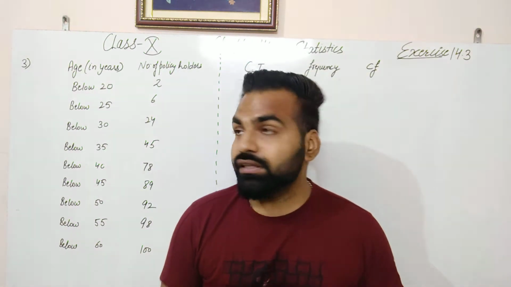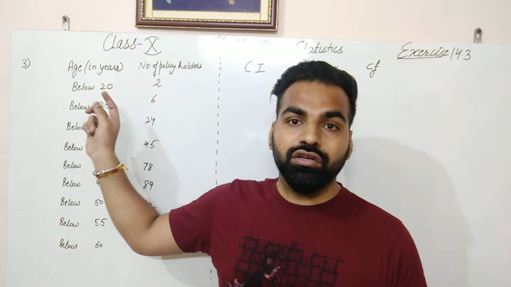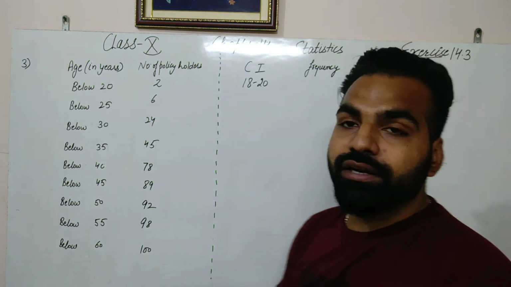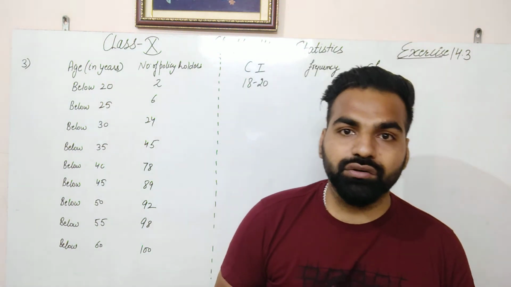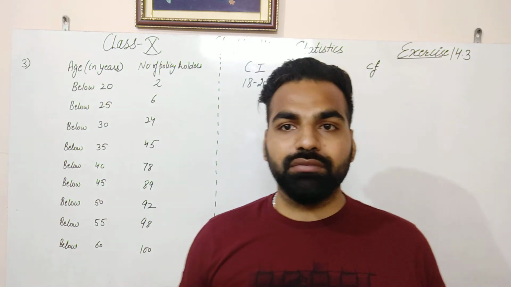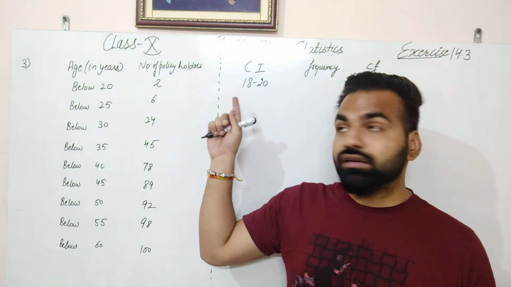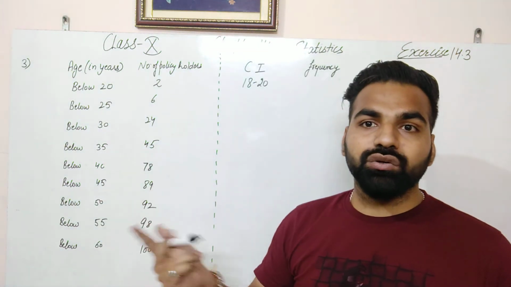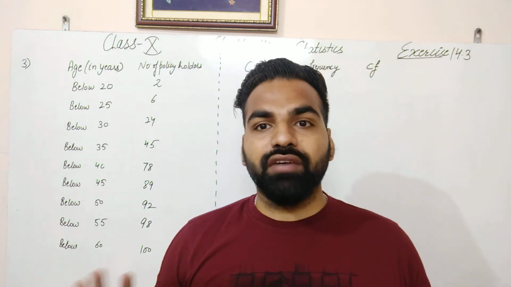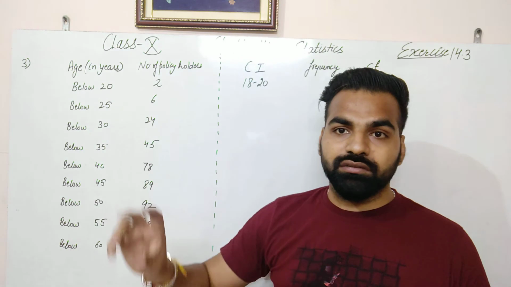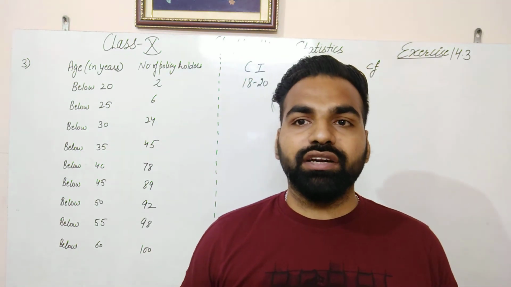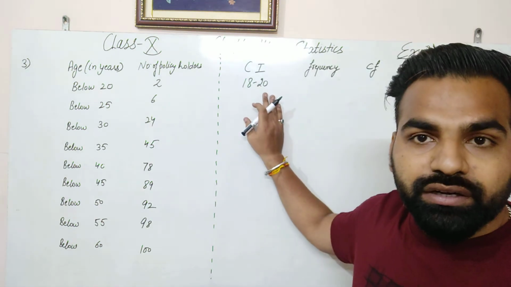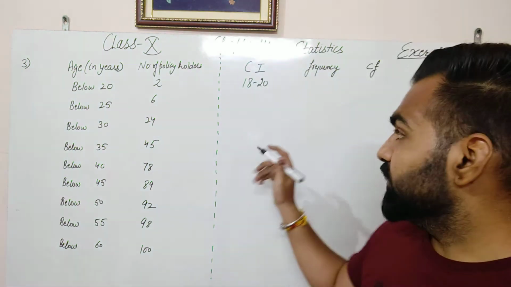It is given in the question that the minimum age here is 18. So we will take the first interval 18 to 20. We can also take 15 to 20, but in the question it is given that the minimum age is 18. So it doesn't matter whether we take 15 to 20 or 18 to 20, because the value for 15 to 18 is 0. So if there are 5 policy holders in the age group 18 to 20, then if we take 15 to 20, the number will remain the same. So I am writing 18 to 20 here instead of 15 to 20 because it is given in the question.